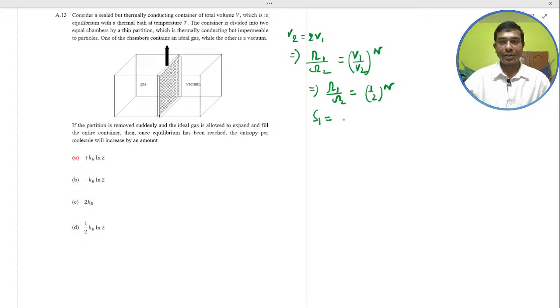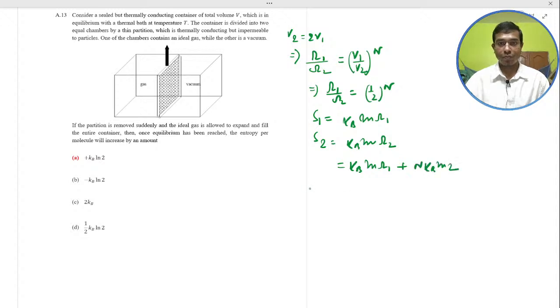We know the entropy with the microstate: S1 is kB ln omega 1, which is kB ln sigma 1, and for the two systems this is nothing but kB ln capital sigma 2. So this will become kB ln sigma 1 plus n kB